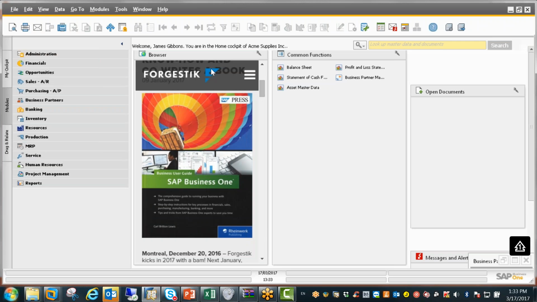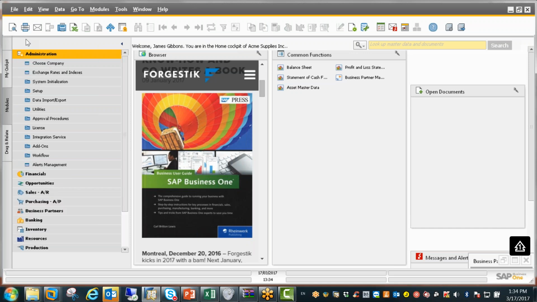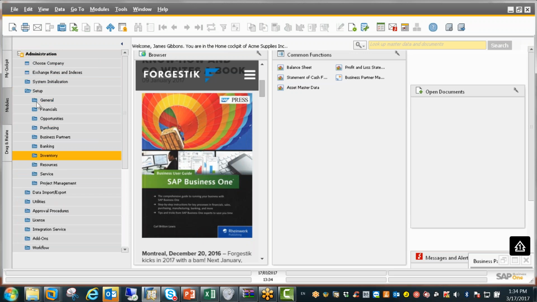Okay, so in fixed assets, there is some setup that has to be completed prior to you using it to do the amortization calculation. The advantage of the fixed asset module is that you can set up your fixed assets, capitalize them through the accounts payable, and then automatically have the depreciations calculated on a monthly basis and posted to the GL. We go in through administration and setup,